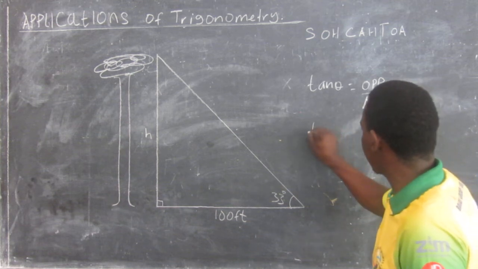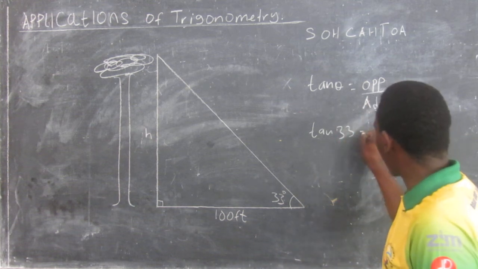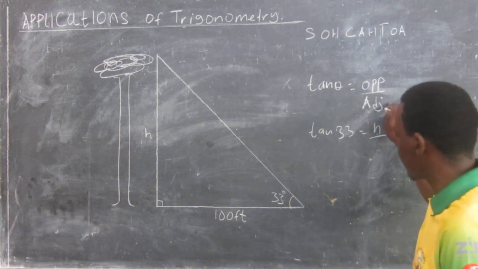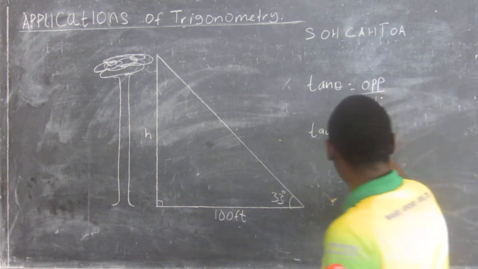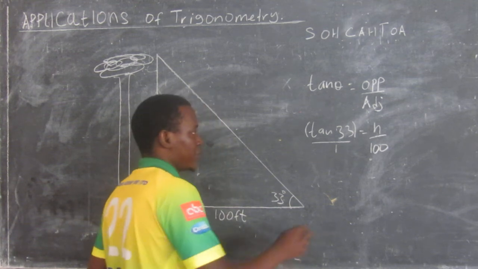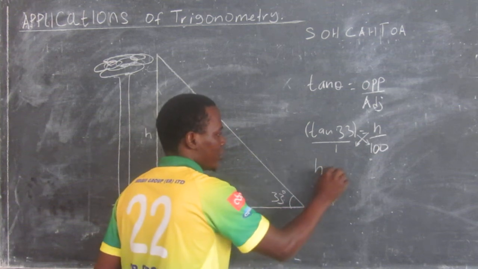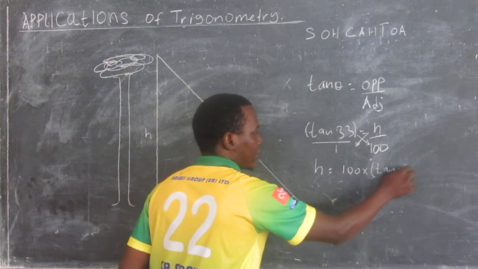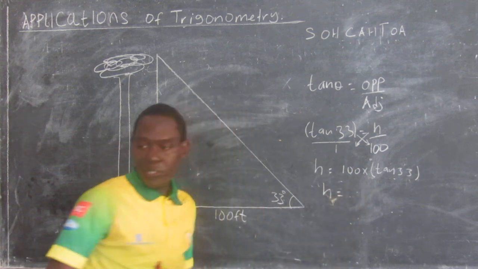In this case, tan 33 is equal to opposite over adjacent. Our opposite is h, the height, which we don't know, and the adjacent is 100 feet. Now we are going to cross multiply, and we shall have h equals 100 times tan 33. Now h is equal to... get your calculator and